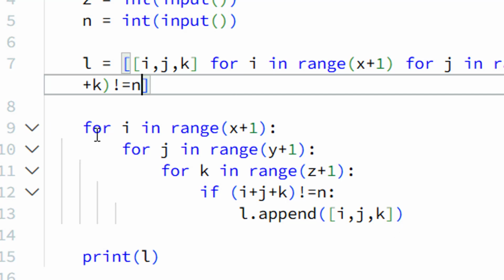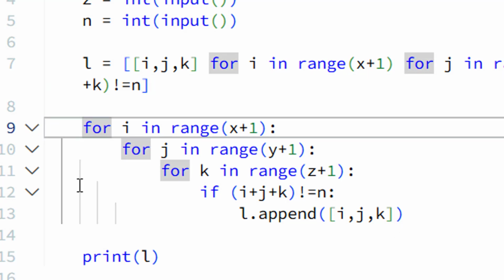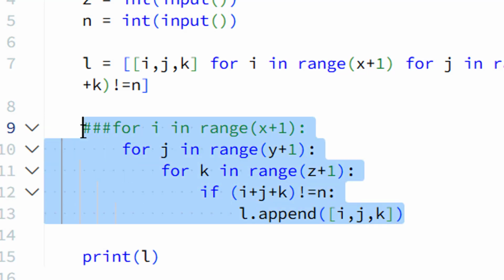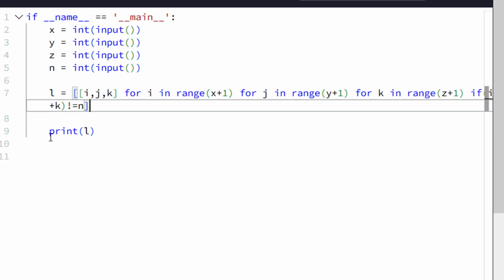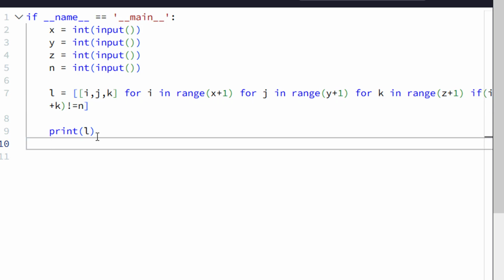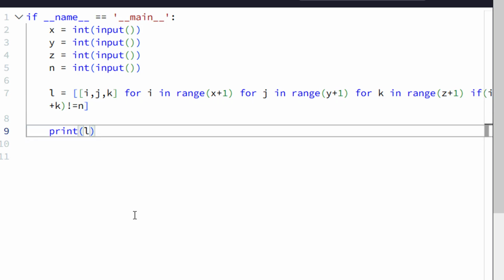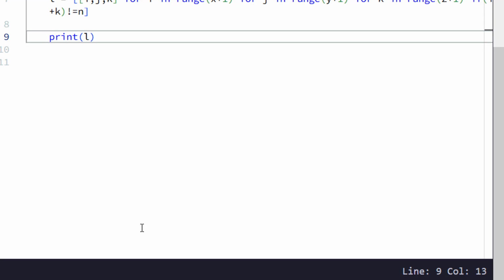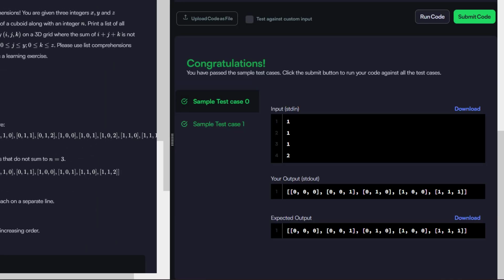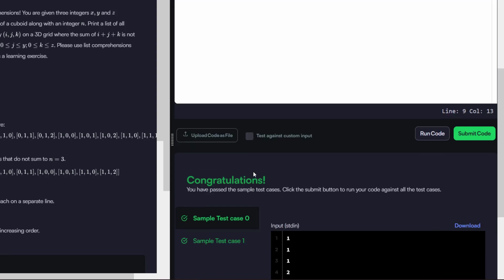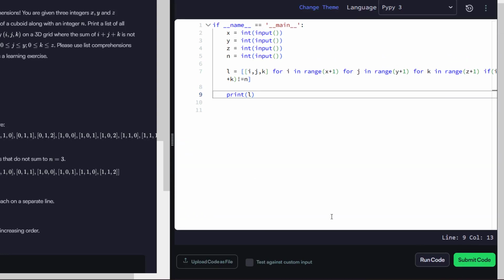Next we will print L. So let me put a comment here. Okay, let me delete it only. We don't need it now. All right. Yeah, we need to provide multiple line comments. I know we can do it using alt probably. Okay, so let's hit run the code. Let's see whether we get any issue or not. Okay. All right. Let's hit submit code.